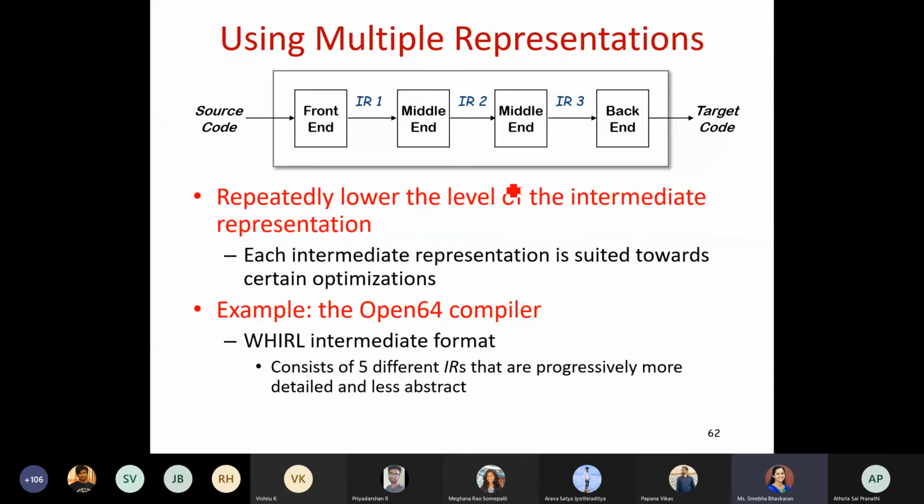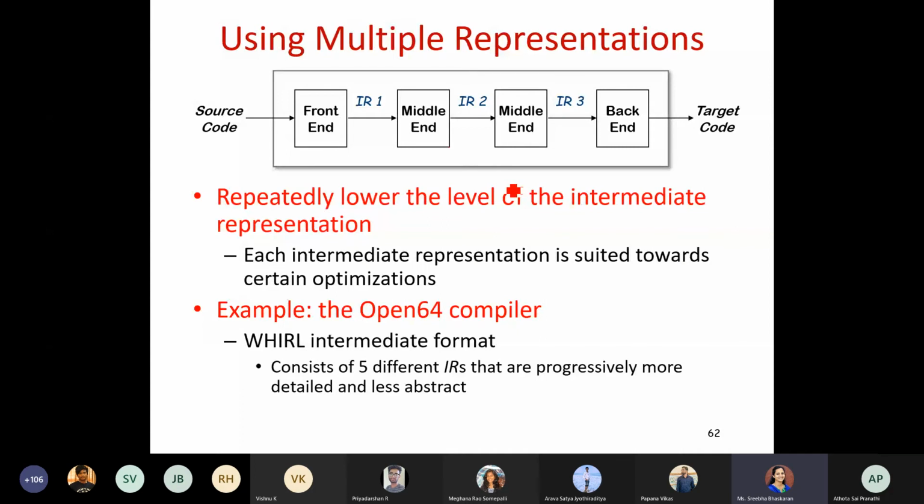So how do we represent our program in a better way so that we can achieve optimization? We can go for multiple rounds of intermediate representations. In this figure itself, we have shown 3 intermediate representations. Similarly, in the Open64 compiler, we have 5 intermediate representations.